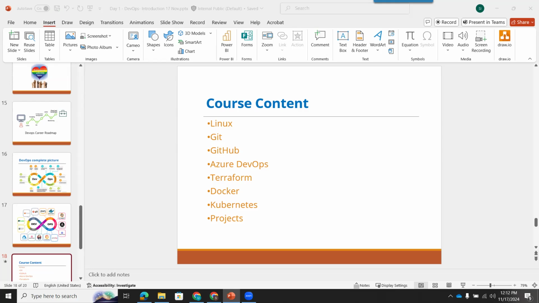So this was a 1,000 feet overview of DevOps, guys, because within 1 hour it is not possible to cover everything. When we start the actual batch, from Linux, you will see how we go. Prabhu will inform you about all the details, like when we are going to start the batches and what the timing will be. The first 2 to 3 demo sessions will be free.